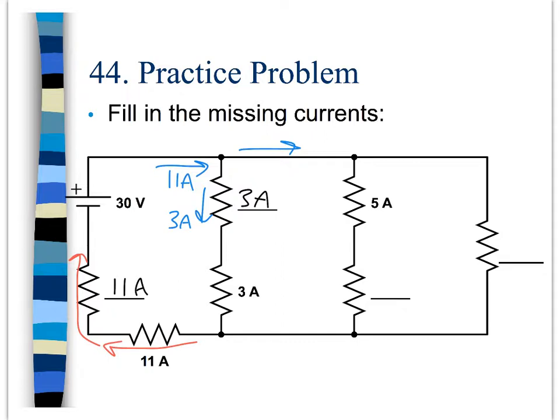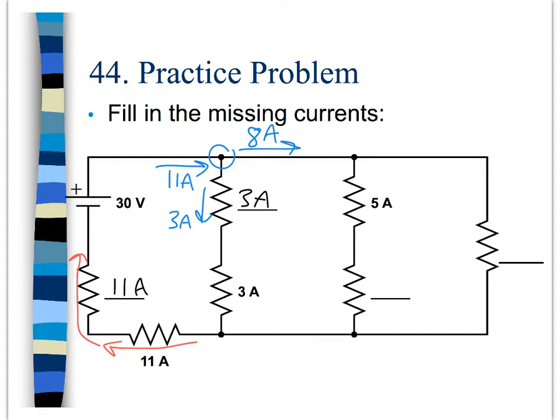And again, the only way for the current to get to this resistor, for these 3 amps to get to that resistor, is they had to have passed through this resistor first. So that means if 3 amps flows through here, 3 amps must have flowed through there. And therefore, 8 amps went straight. Okay, because the current going into this junction was 11, we need to have 8 amps of current leaving that